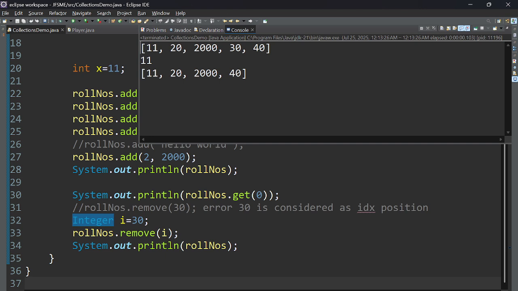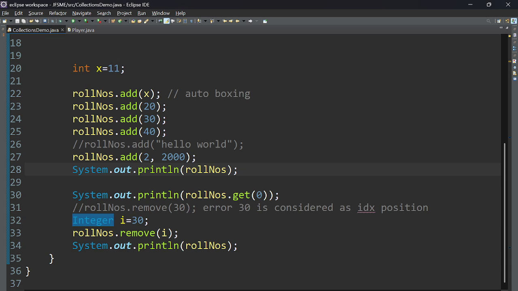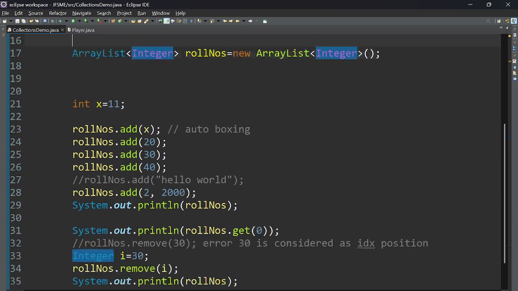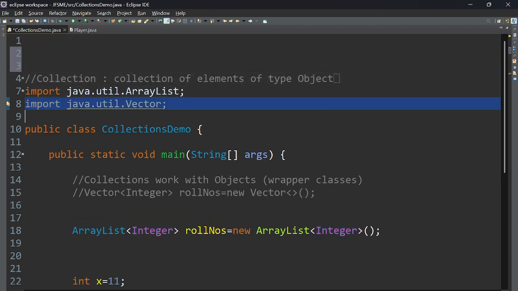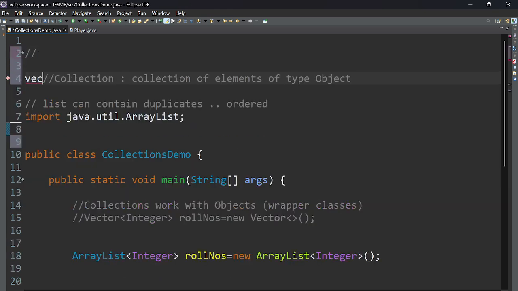Now what is the difference between an array list and vector, right? So let's talk about the difference, because that is one of the interview questions again. What is the difference between an array list and a vector? There's one major difference between array list and vector, so I will write that here. You should remember that. And now vector is not in use, so I'll just remove that. Vector versus array list is what we are checking, right? So vector,